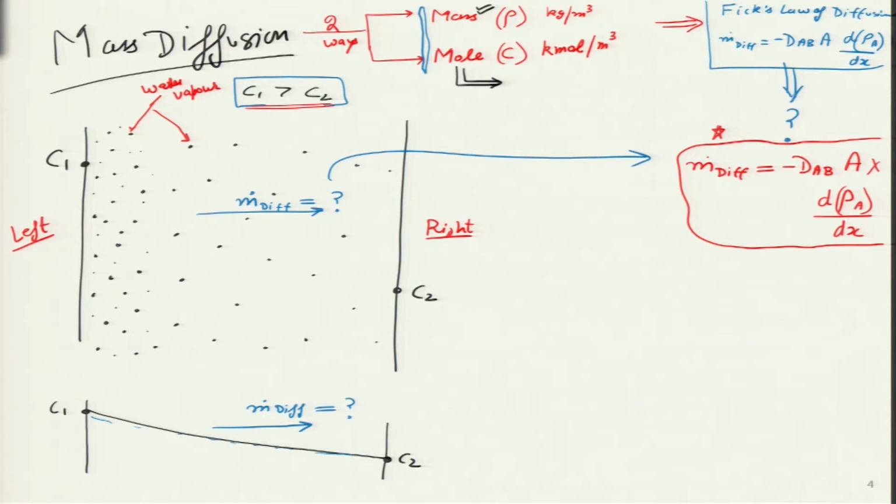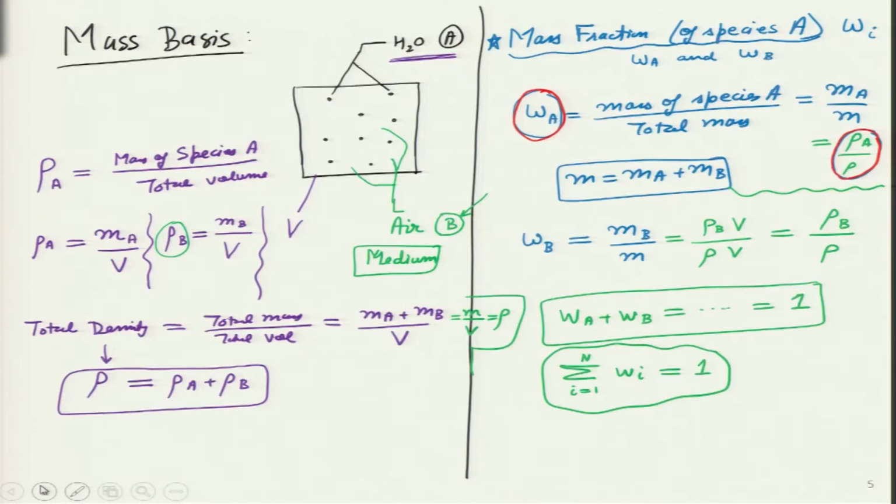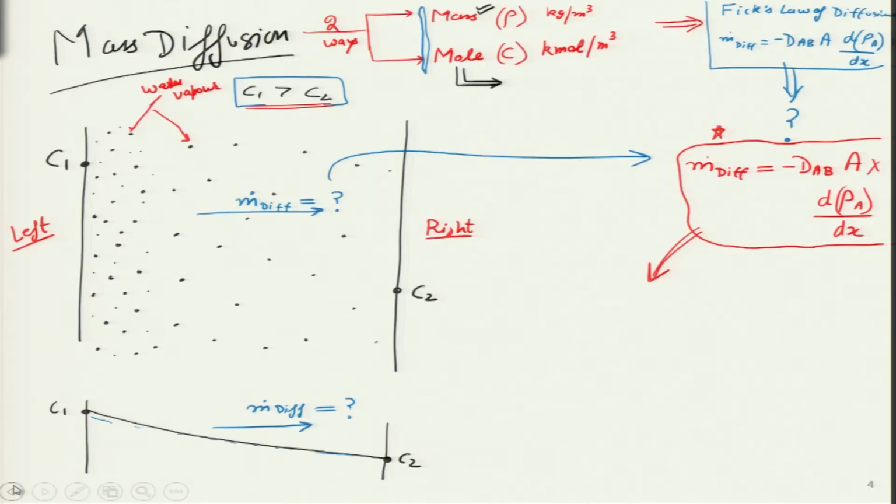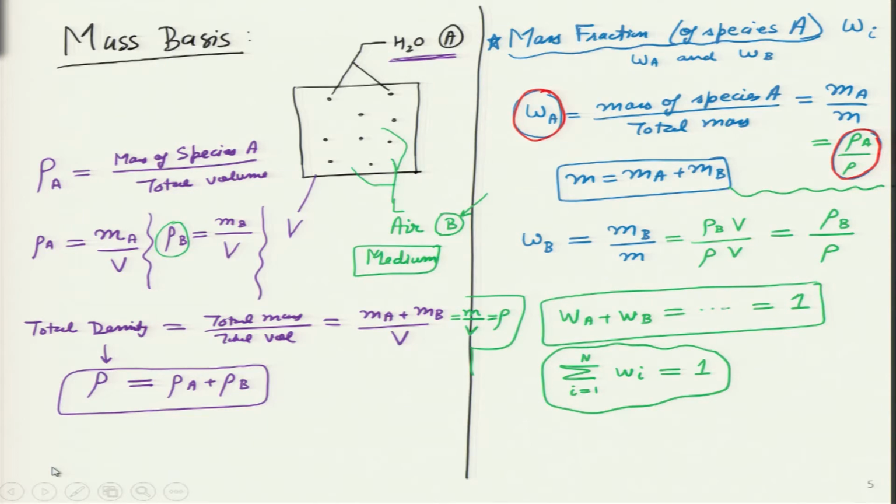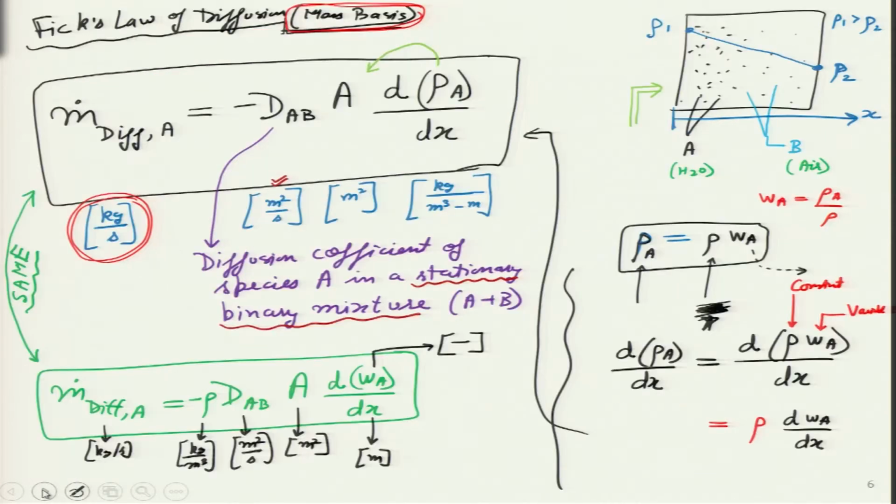So, let us see, last time we looked at mass diffusion more formally and we looked at the full analysis of Fick's law of diffusion. I had mentioned in the beginning of the previous lecture that the analysis for mass diffusion we can do in two ways. One is on the mass basis and the other one is on the mole basis. Similarly, Fick's law we tried to look at first from the mass basis. So, we defined parameters like density, mass fraction. These are pretty straightforward things.